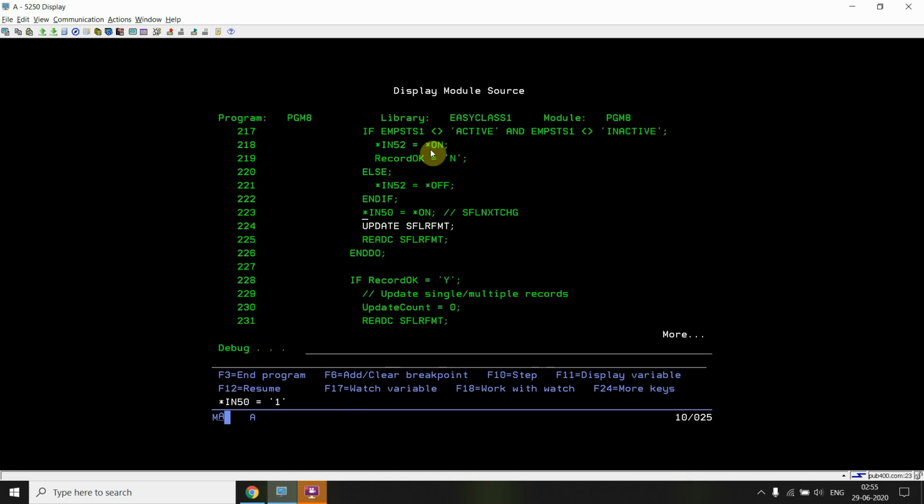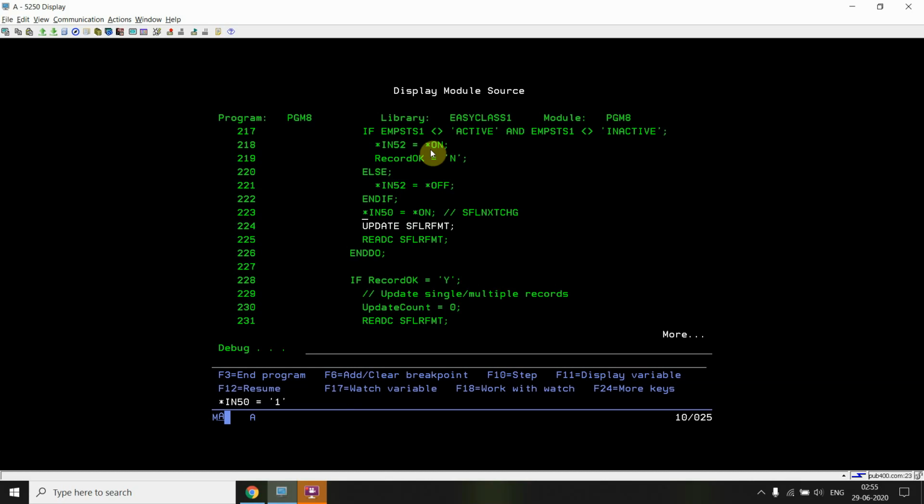The SFLNXTCHG keyword will basically set that flag to on with the change record fields. So for a particular record which was changed, we use the READC operation for the first time and read the first change record, and now we set the SFLNXTCHG indicator to on with that record.